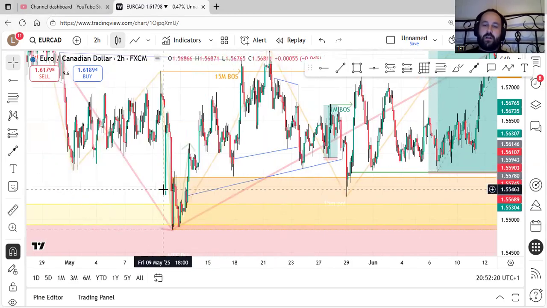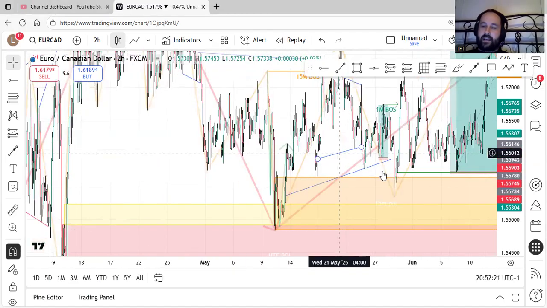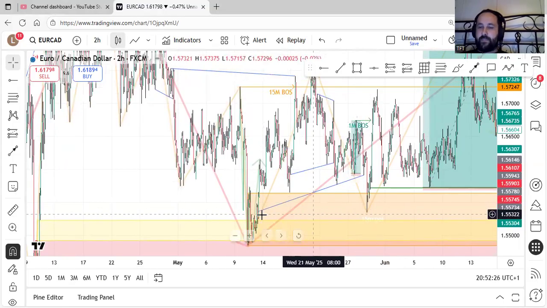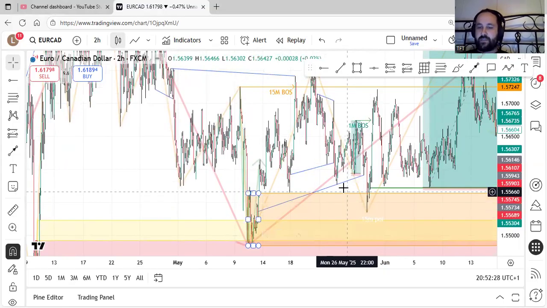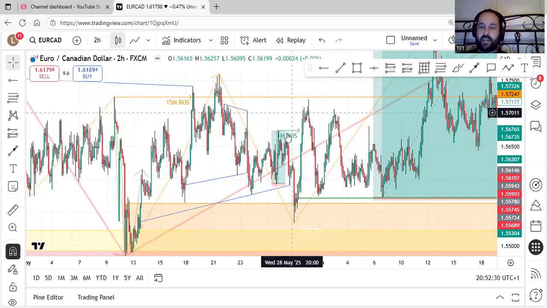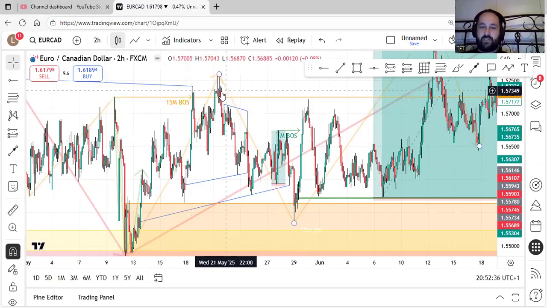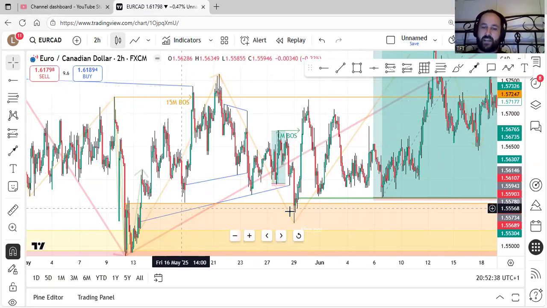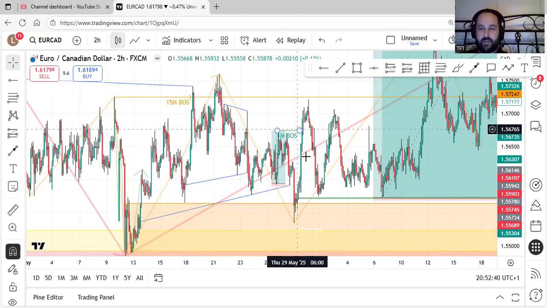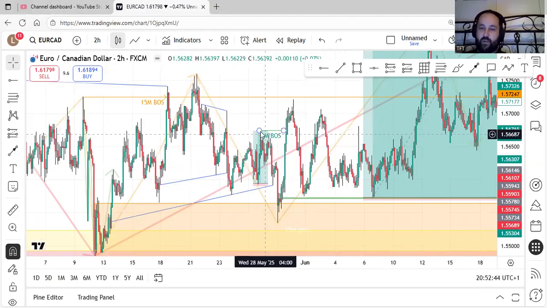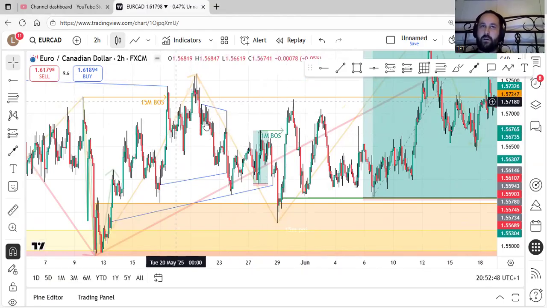But yeah, once it taps into the orange box, it will fill, and there'll be an imbalance in there on the seconds, I'm sure. And then we just want to see a break to the upside. So basically, at this point, 15 minutes turns, showing signs of back to bullish. It mitigates something, and then it shows signs of the 1 minute turning bullish. So at this point here, where it breaks that 1 minute high,